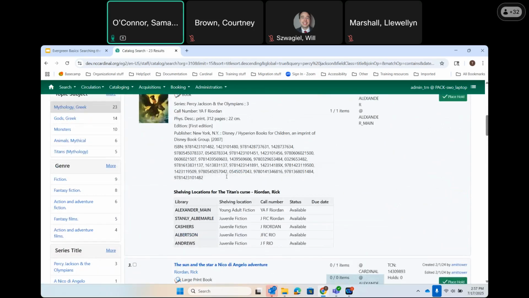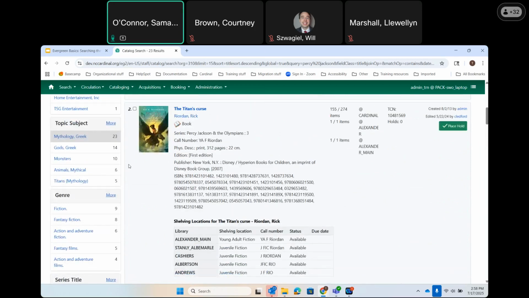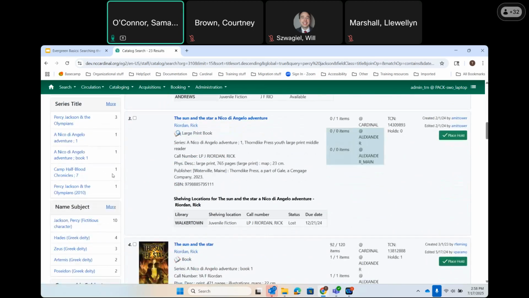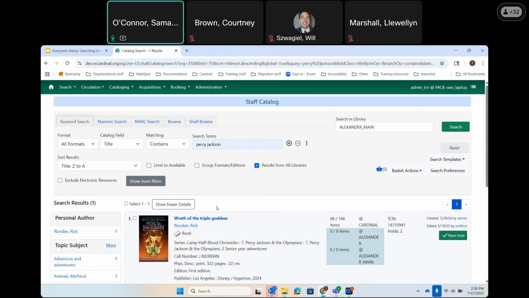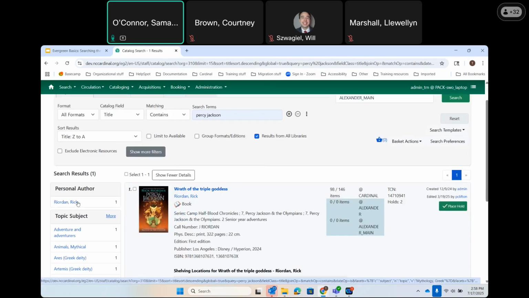That might not have been a great one because we're doing Percy Jackson. It's all going to be that. So I didn't really limit it much. But let's see. If instead we said, let's look very specifically within Percy Jackson, the Camp Half-Blood Chronicles, then we can reduce our search results even further by looking at that specific sub-series within the larger umbrella of Percy Jackson. So you can use these to limit your search further by specific things such as the author